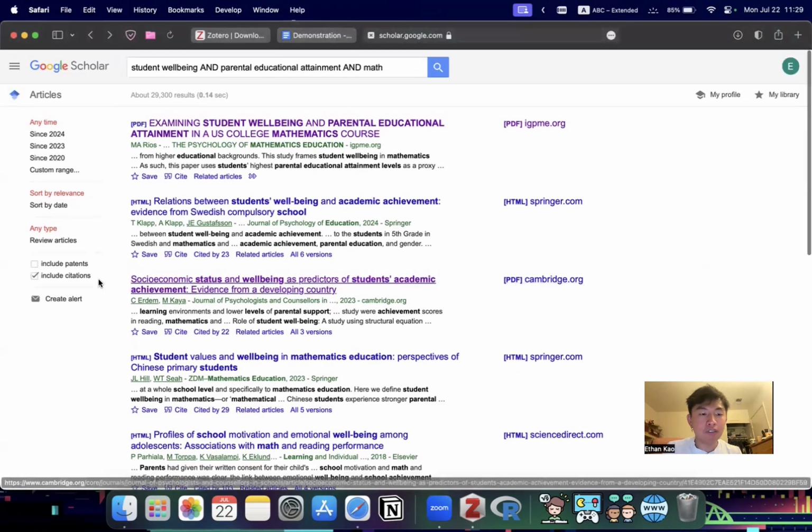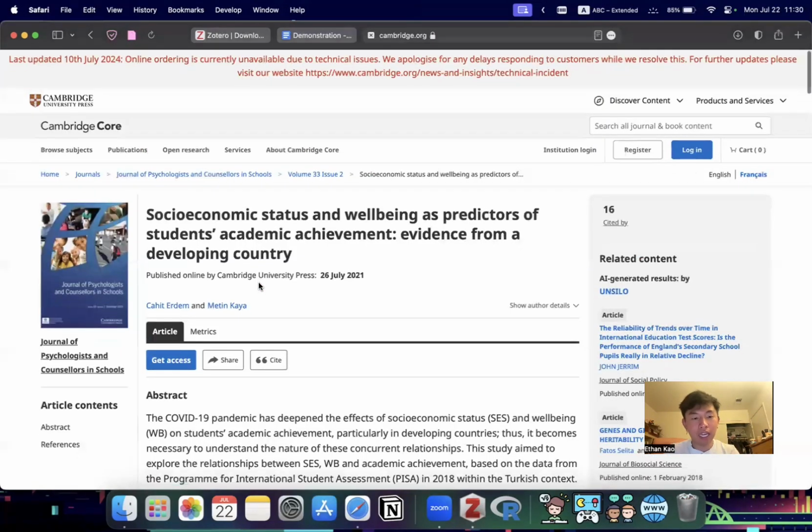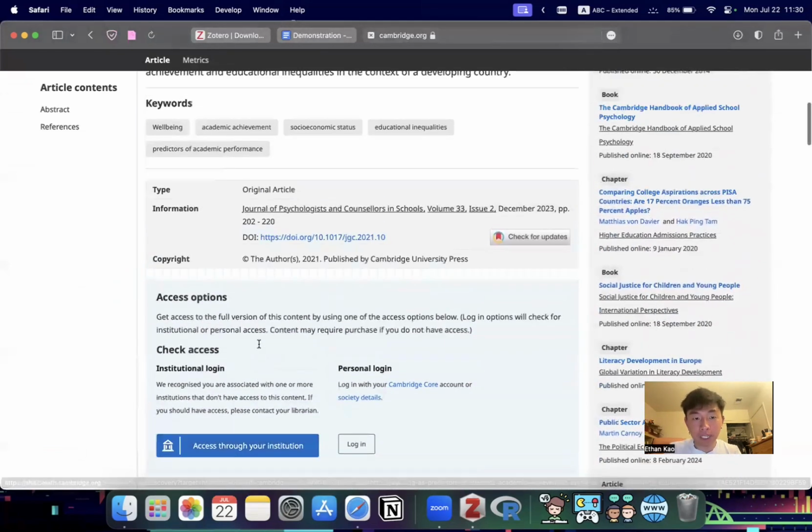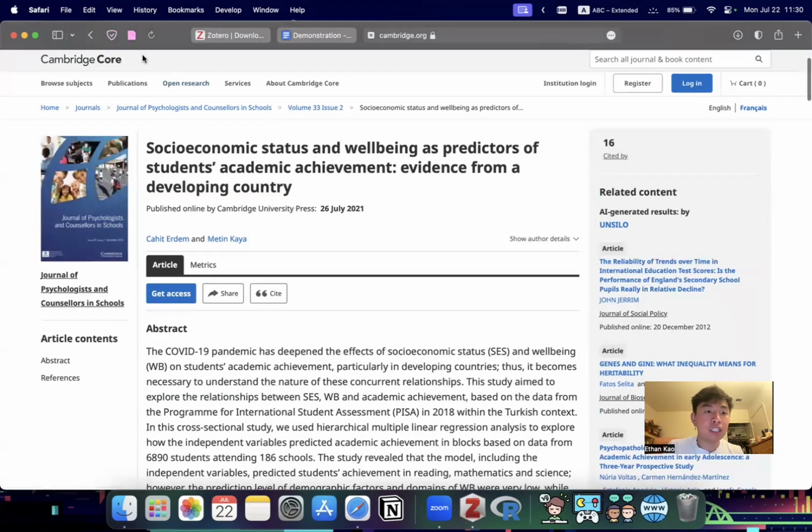Let's go back to our results page. And let's say, for example, we want to use this third article, socioeconomic status and well-being as predictors of students' academic achievement, evidence from a developing country. So when we click here, instead of the PDF, we are met with this page that has the abstract, keywords, and a lot of the information. Zotero is a big fan of this. Now, instead of seeing the PDF icon, we see this icon. This is really nice. This means that Zotero has identified that this is a journal article and it's going to cite everything for you automatically. So I'm just going to click that